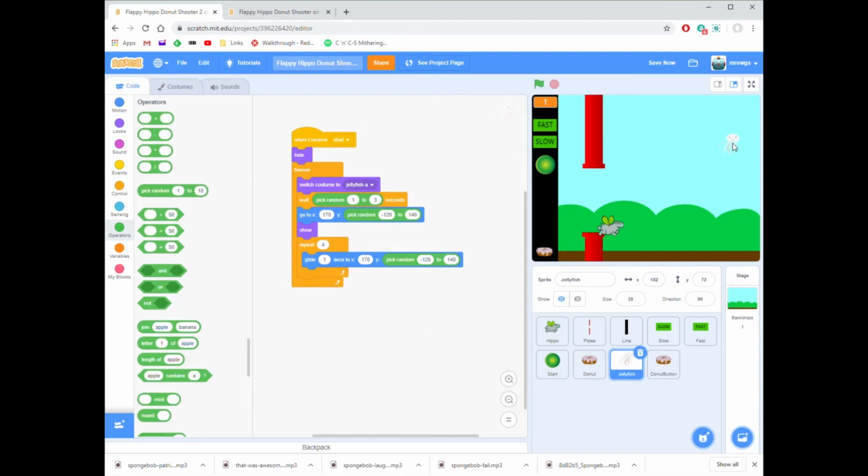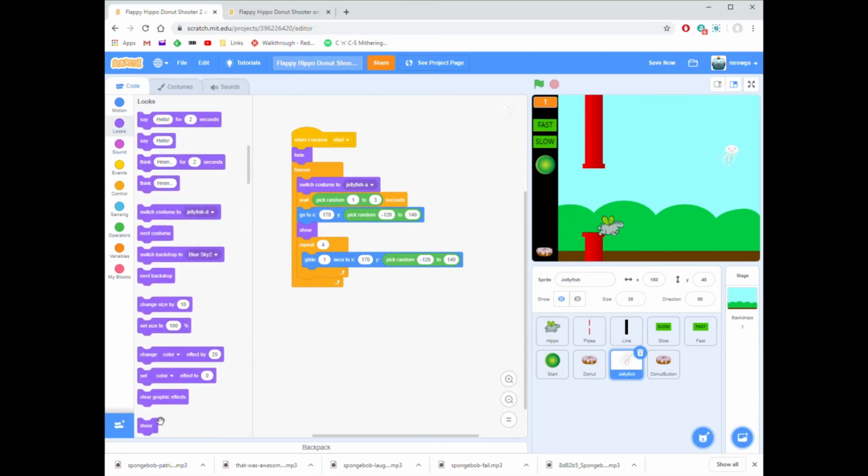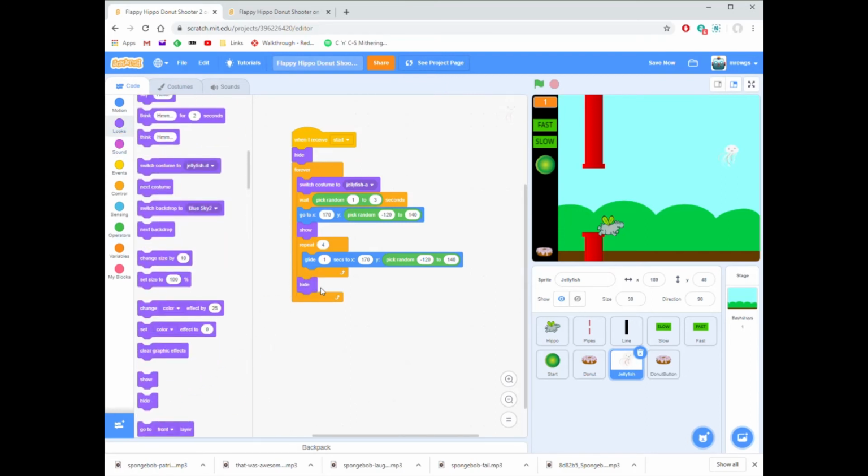So it's going to appear at a certain point, random height, then it's going to float to a random height, and then 4 times it's going to float to another random height. So at the end of that, I then want it to hide. So now if I start again,